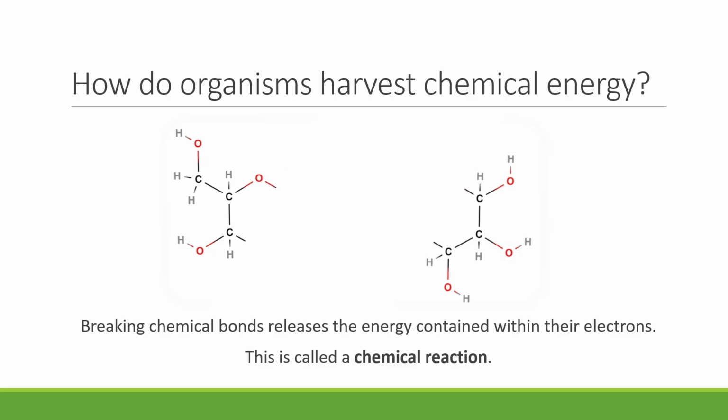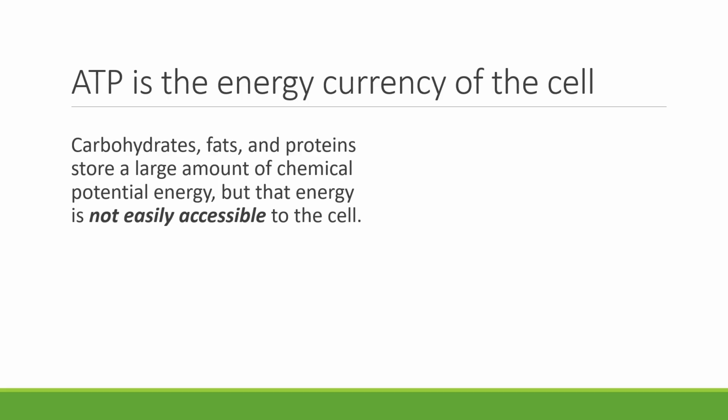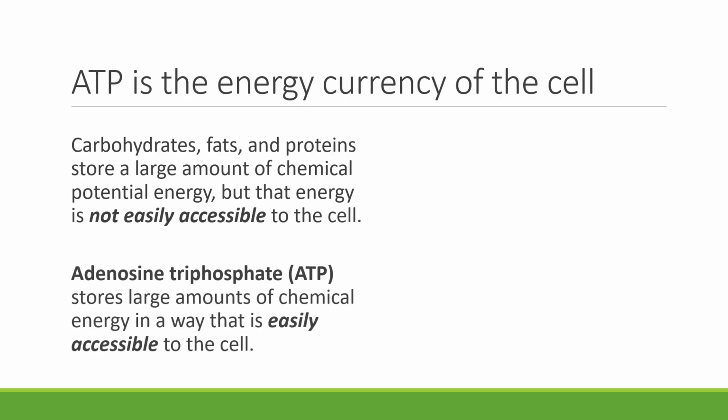Because the reality for cells is that molecules like carbohydrates, lipids, and proteins have a lot of stored potential energy, but that energy is not very easy to access when it's packaged in the form of these large, clunky molecules. There is an alternative, though: adenosine triphosphate, or ATP. ATP is often described as the energy currency of the cell because not only does it store large amounts of energy, it's a small molecule that can be easily moved around the cell, and it stores this energy in a